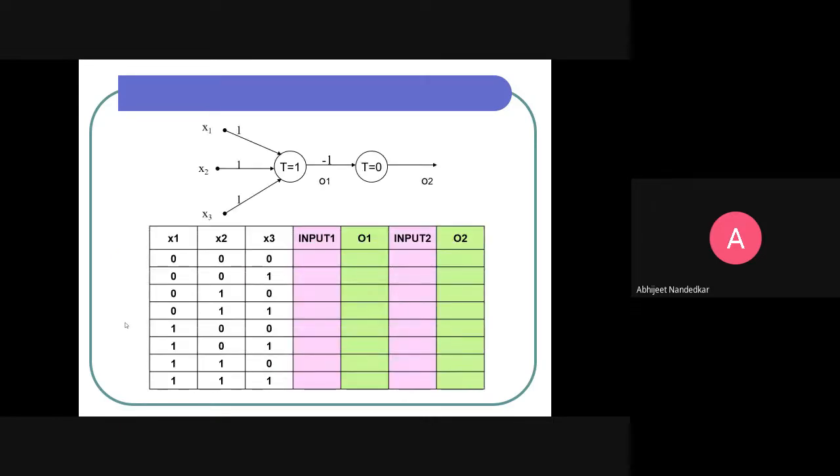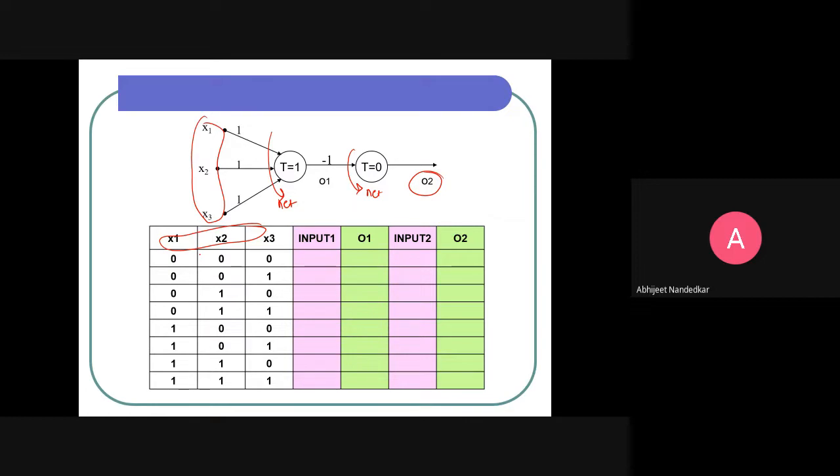Now if I take this further, I have now two neurons. And I can make 8 possible combinations of input because there are 3 inputs. So I write here x1, x2, x3 like this, and then I calculate net for this, and then I pass on this net to the second neuron, and I can then finally compute the output.